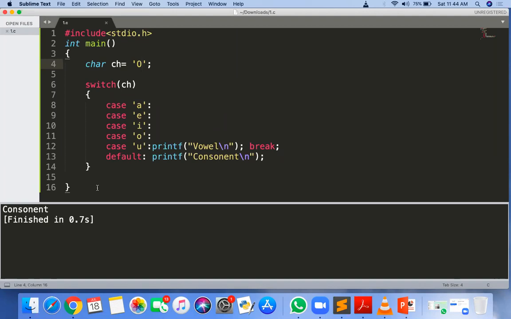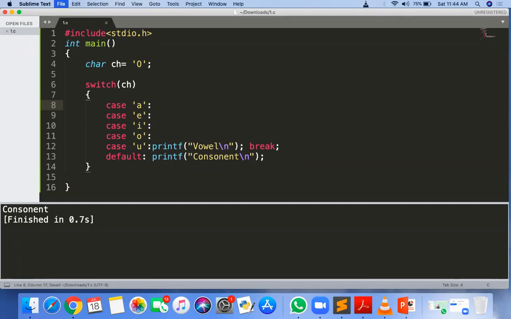Got it? So can't we assume two, I mean small letter A and capital letter A, in a single case? No, we can't use that, because you cannot give this one as A or A here. We can't do small a or capital A together. We have to write its own separate case.